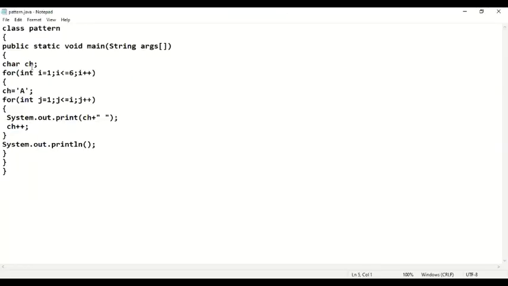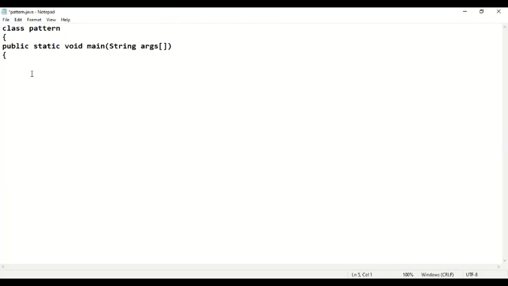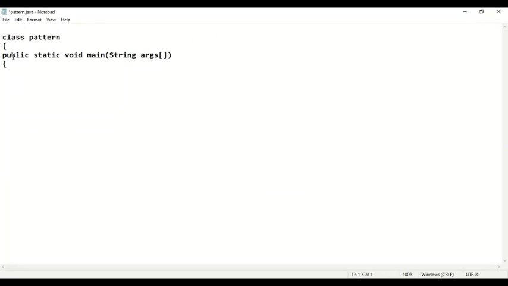So I'll be changing this program here, the same program. To enter a string, I will require either the Scanner class object or an InputStreamReader object. Which should I use?